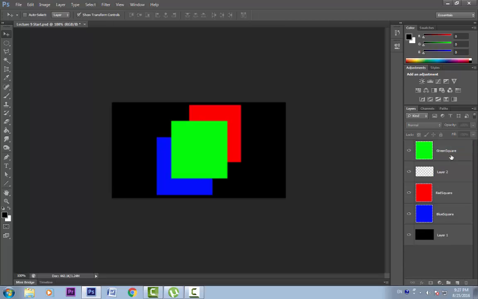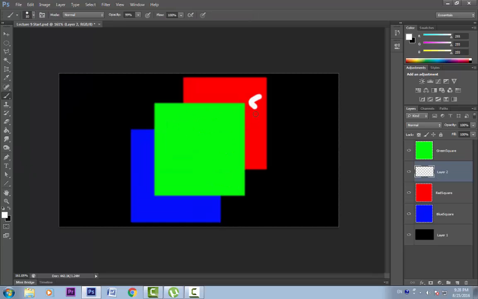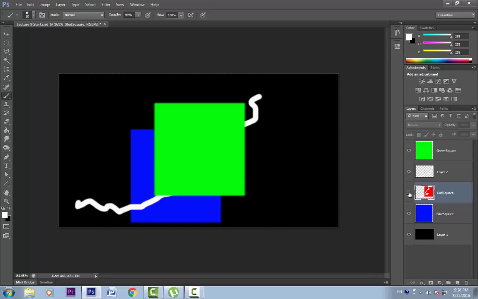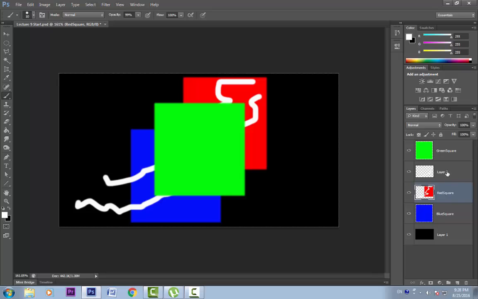Now when you are working with layers, whatever you do, just be aware which layer is active, which means you should be aware on which layer you are actually working. Let's paint something on this new layer. Take a brush and start painting. Now since this layer was selected, I painted on this layer. But if accidentally this layer is selected and I start painting, it will be painted on this layer. You can see that if I make this layer invisible by clicking on this eye, that brush stroke was painted on this red layer. So just be sure on which layer you are working.